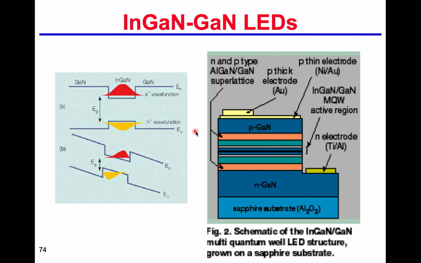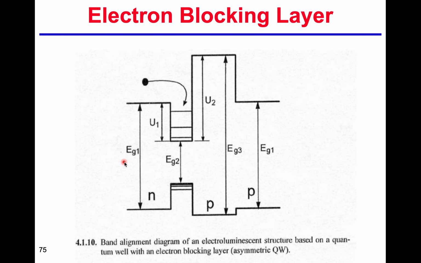And that is an example for indium gallium nitride. As we said before, there is some misalignment here, but if we have a quantum well, that will improve the structure. Another thing is that we may introduce an electron blocking layer